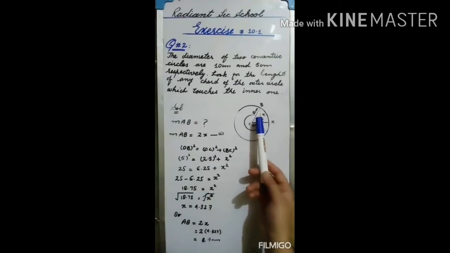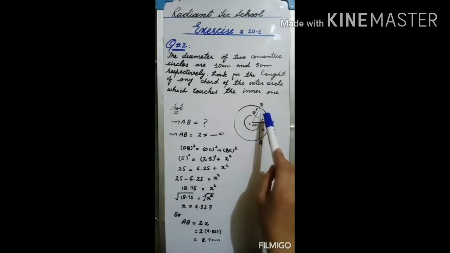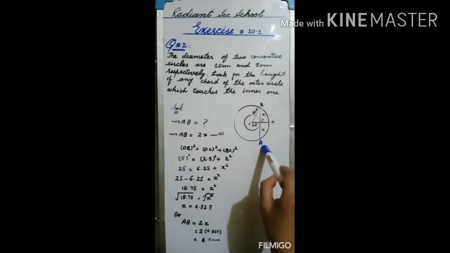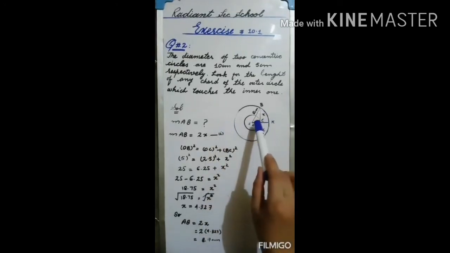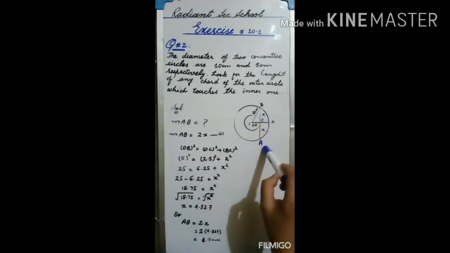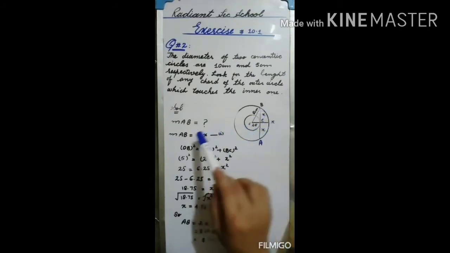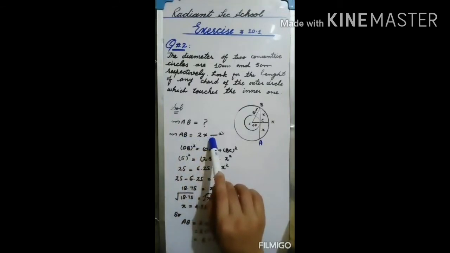Why have we found the radius of both circles? Because we want to make a triangle here. Now we can divide this in two parts. This chord is AB, so the upper portion, that is BC, will be X, and CA will also be X, because OC is bisecting this chord AB, so these two portions will be of equal length, X and X. Now we can say that AB is 2x.